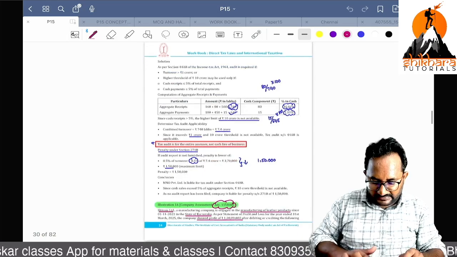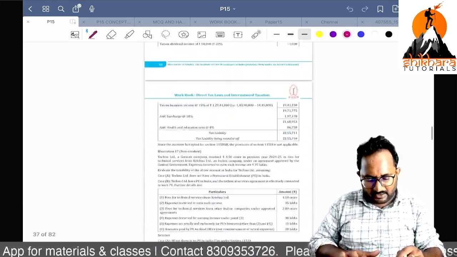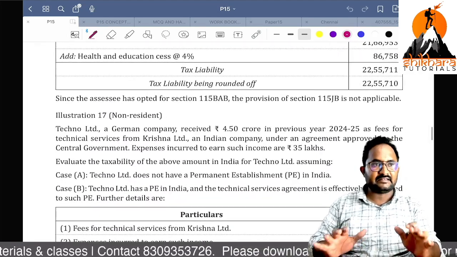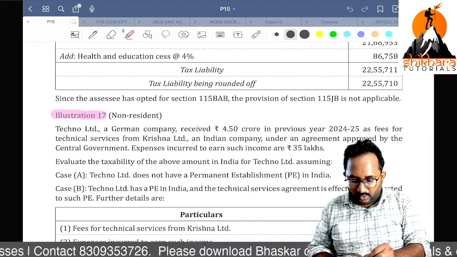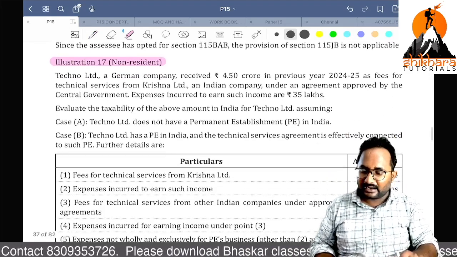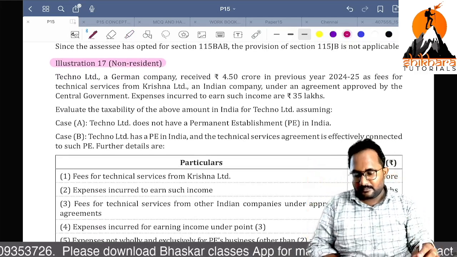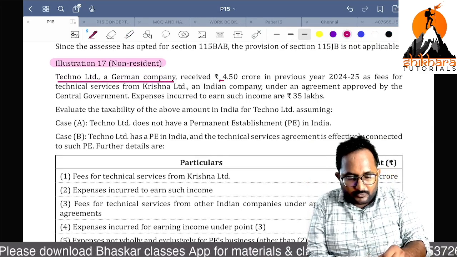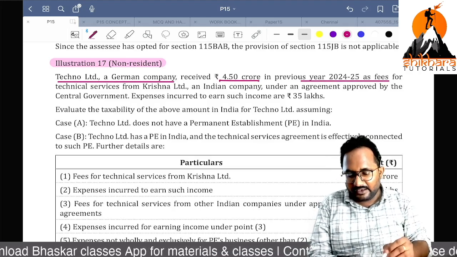Sir, many students are raising doubts related to this question. In previous EO batches, whatever I say, many students are asking this type of concept as a doubt. So for that only they created one question. I don't know how they created this question, but the purpose is fulfilled. Now listen. Techno Limited, a German company, received 4.5 crores in the previous year 24-25 as fees from technical services